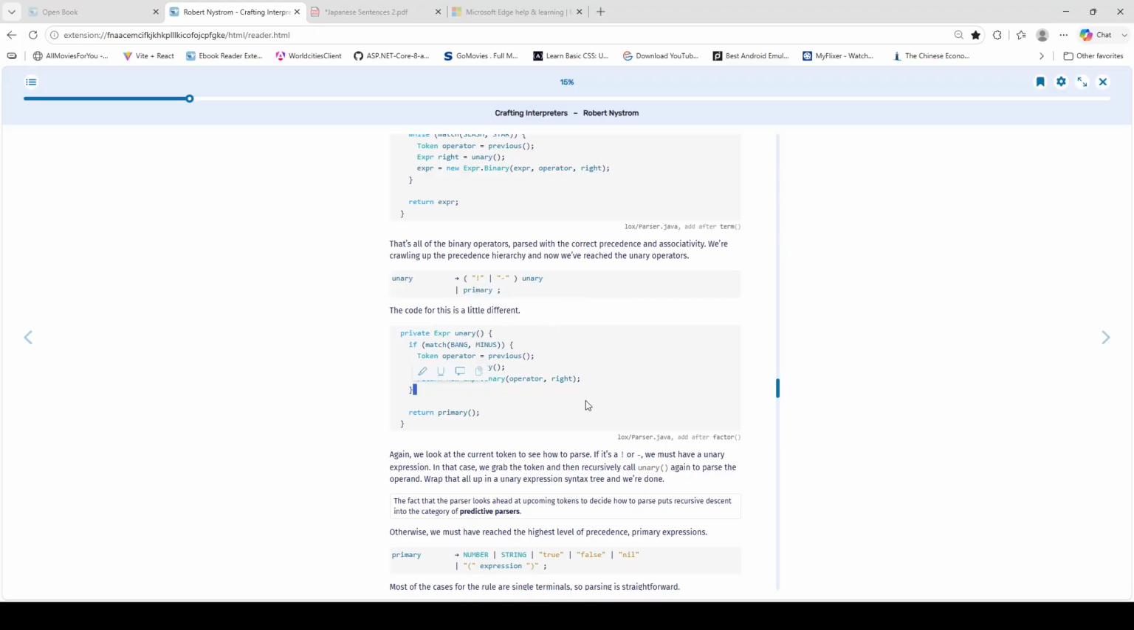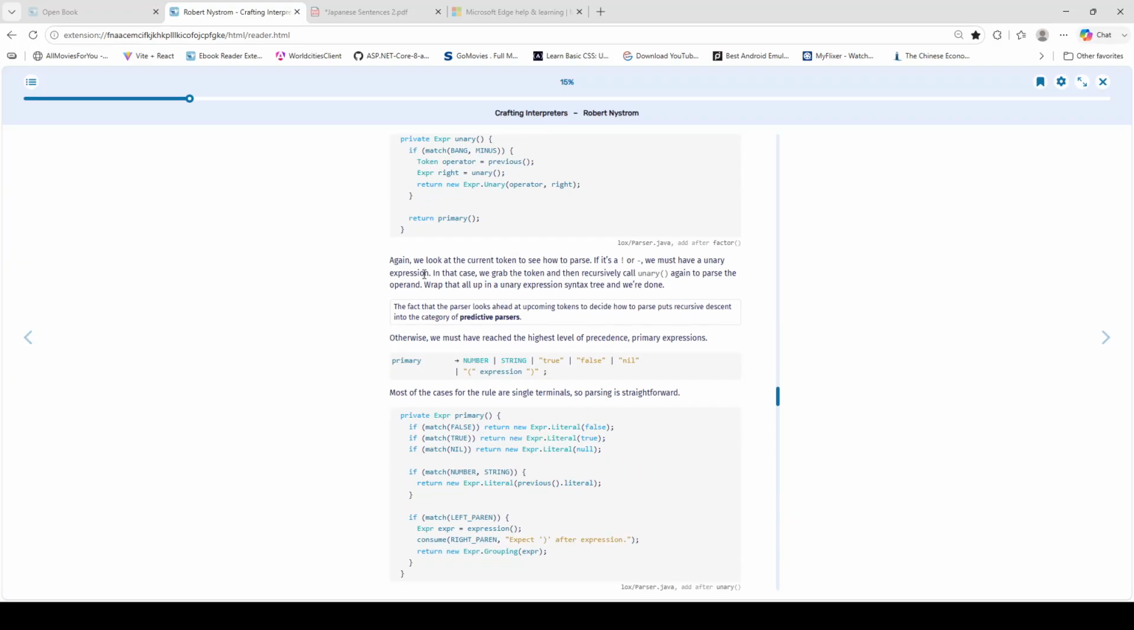The code for this is a little different. We would add this after the factor method: private Expr unary() { if (match(BANG, MINUS)) { Token operator = previous(); Expr right = unary(); return new Expr.Unary(operator, right); } return primary(); }